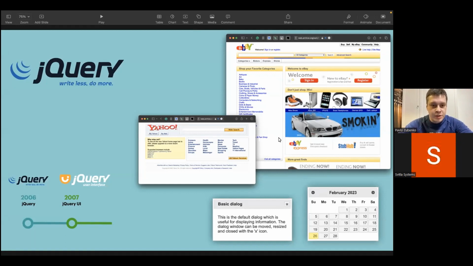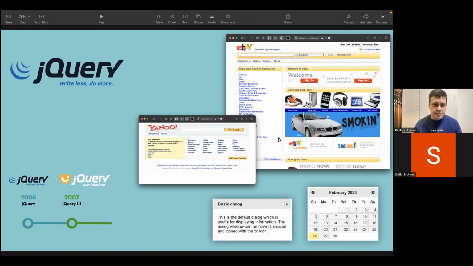So the main goal was to manipulate data on the page and provide some extra UI components, UI styled elements with some interactive functionality. So you have different pop-ups, modals, some super pretty date pickers, and so on. So you don't need to type your date in the correct format. You just pick it in an interesting UI form.